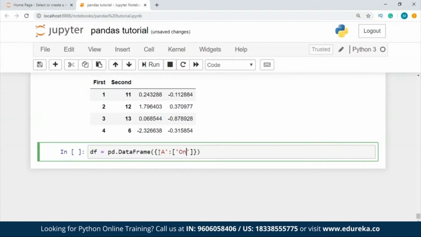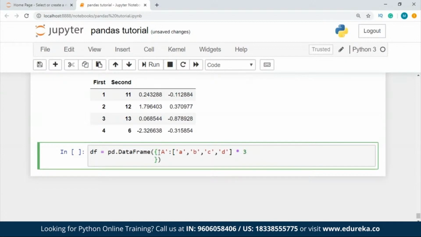Let's say A, B, C, D, we'll remove a few values over here, multiply it by 3. Now we take another value, which is going to be B, and for this we're going to take a list again. So let's say